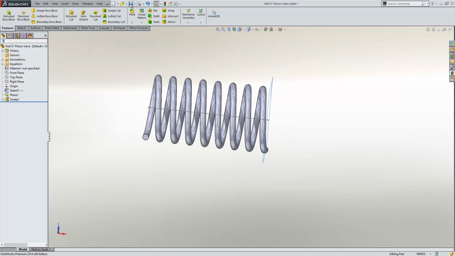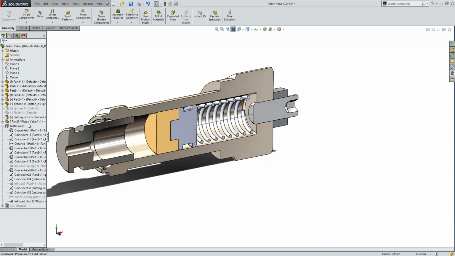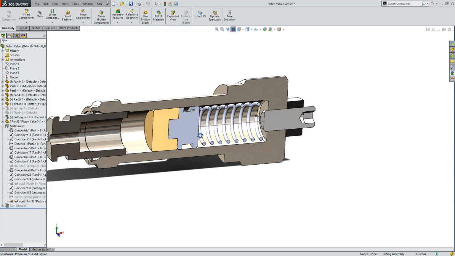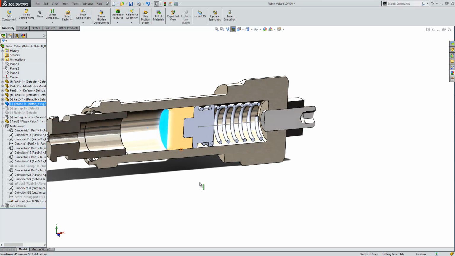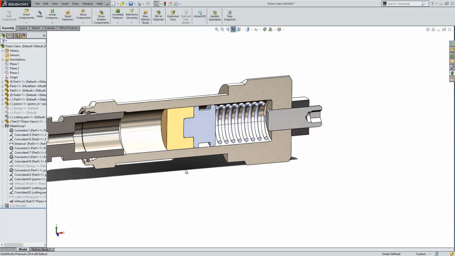That's as much as we need to do at this stage, so I'm just going to save that and return back to my assembly. So we've effectively duplicated what we've got here, and once you've actually done that, what you'll see is, because the sketch line is always adjusting in length within here, that the physical spring is changing in length as well. The next stage for us, really, just to finish off the answer to this question, is to